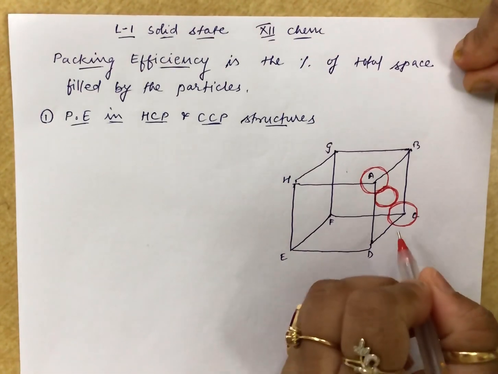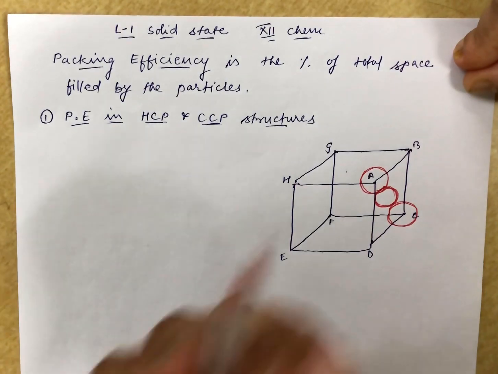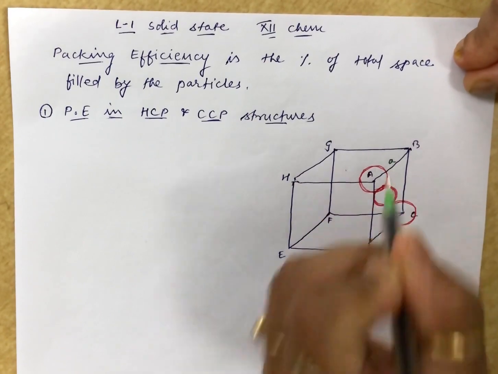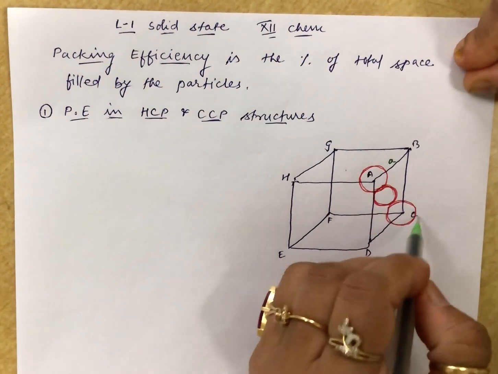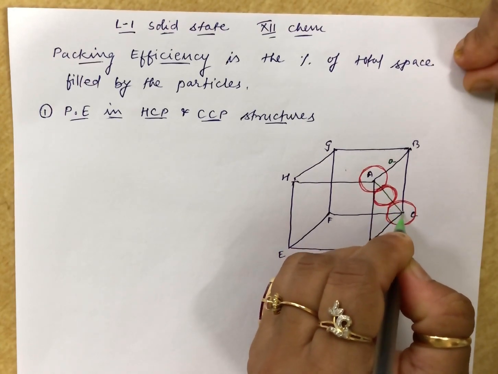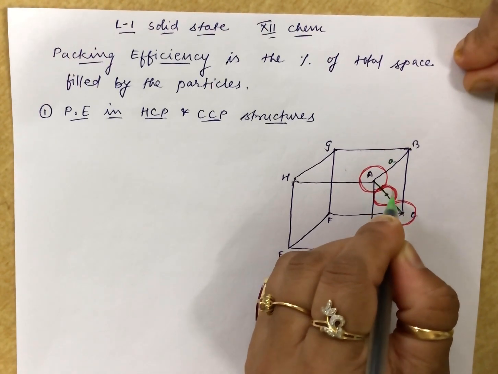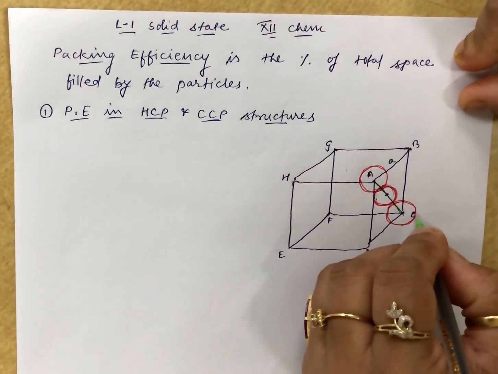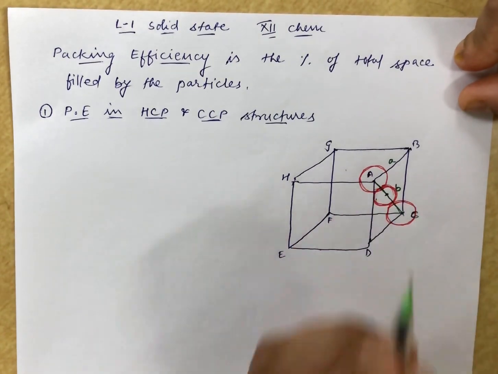Now we know that the edge length of this particular cube is the same everywhere because it is a cube, and let us take that as a for our convenience. So everywhere the edge length would be a, and you can see that ABCD is one of the faces of the cube. So AC definitely would be the diagonal of that particular face, where this would be the center of the central atom placed at the face. Let me name this AC as b.